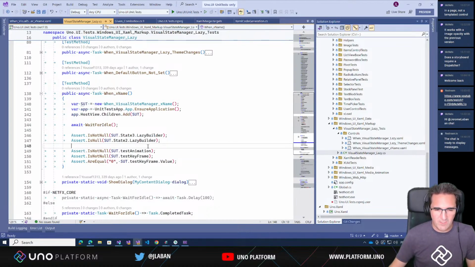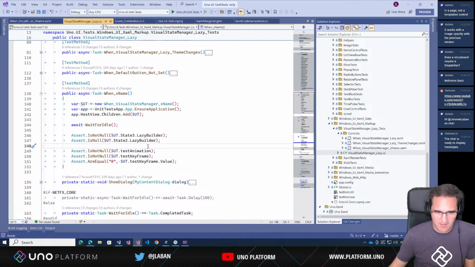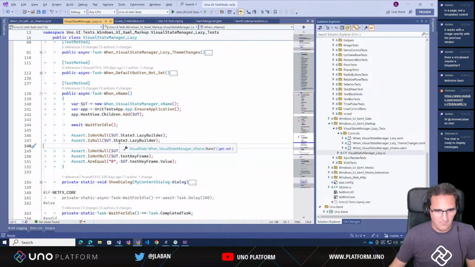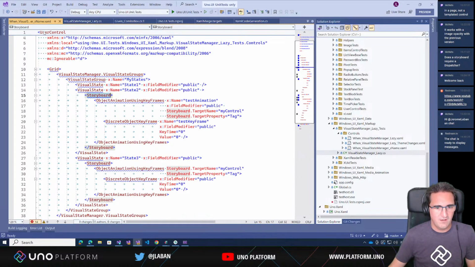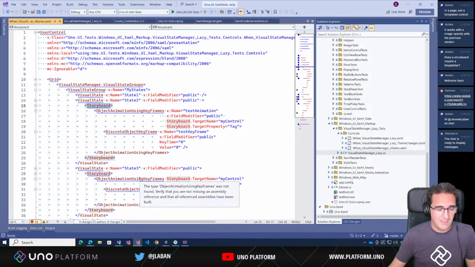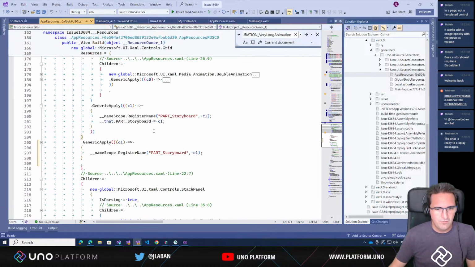Okay, so I can see that we do have parts of this defined properly. The idea here is that state is materialized as a property here because it's not inside of a data template. We can see that it's a visual state group, but it's defined directly at the root. But the problem is that if we define all of this inside of a template, the data template, it will not be working properly. So if I take a look quickly at the original code,